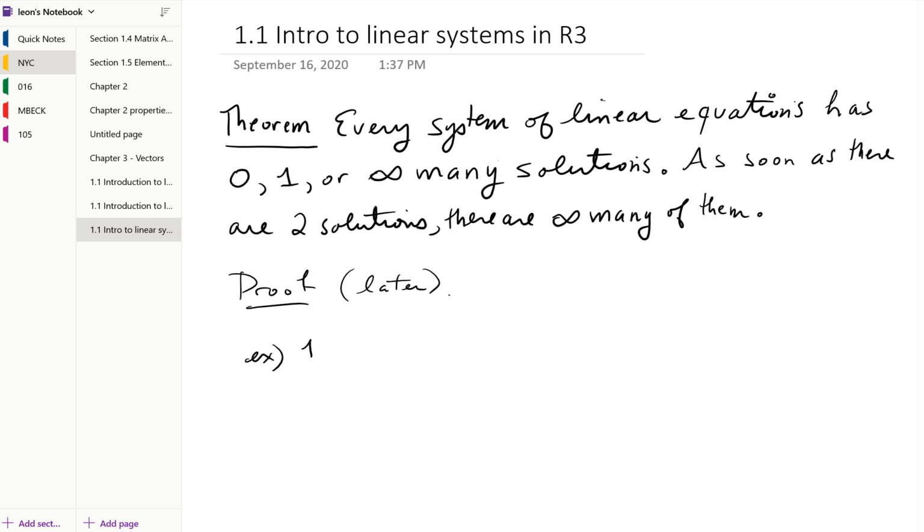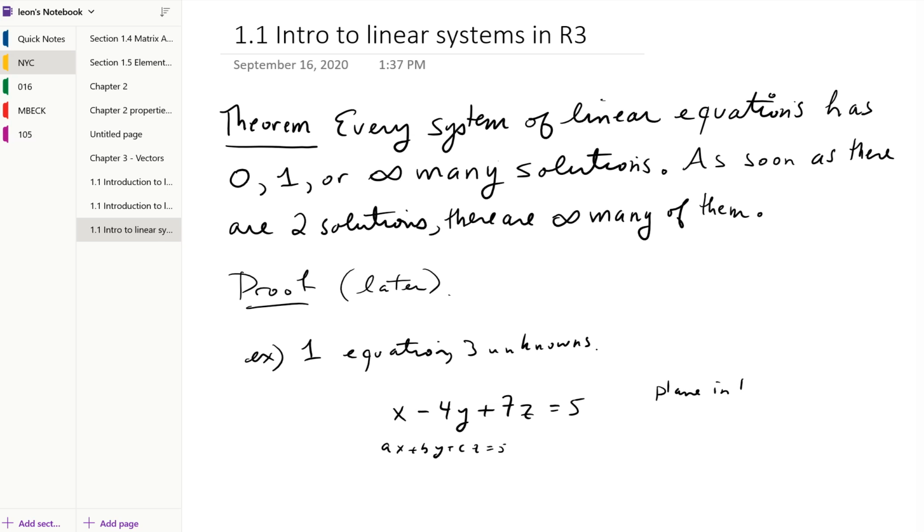I want to look at an example, one equation and maybe 3 unknowns. So this is the most basic linear system. You just have one equation. It's not really even a system, it's just an equation. And I want to show you how you can recover the solution set. Actually, we'll do that in the next video. Here I'll just talk about what that equation represents. Well, it's an equation of the form ax plus by plus cz equals 5, right? So these equations represent a plane, right? In R3,